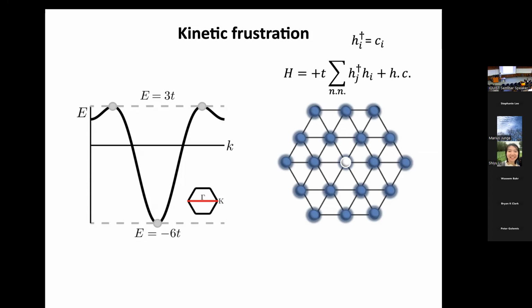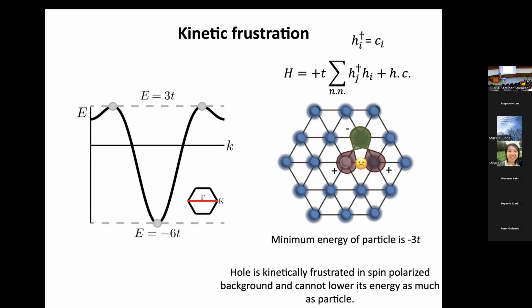Okay, so now the sign has flipped in the Hamiltonian, which means that when you repeat the same thing I did earlier on a bond to delocalize this hole, now instead of forming a symmetric orbital, you want to form an anti-symmetric spatial orbital. That's the one with the lower energy. We can repeat this on the neighboring bond, and it works out, but then you can't do it for the third bond of the plaquette, right? This is an unhappy bond because if you delocalize, you have the same phases. You can't form an anti-symmetric orbital. So this is a phenomenon of frustration, but it's frustration in the spatial degree of freedom, not in the spin degree of freedom. That's why we call it a kinetic frustration.